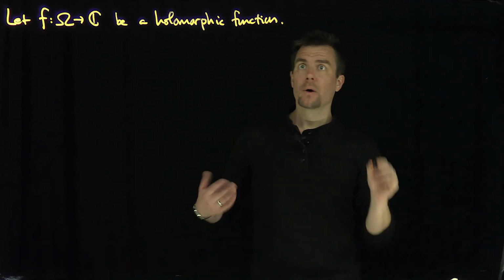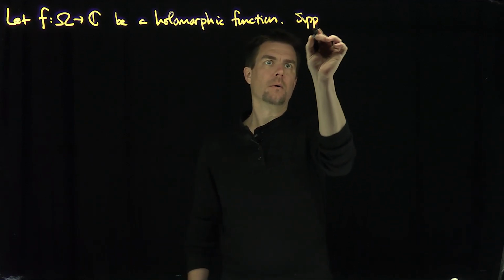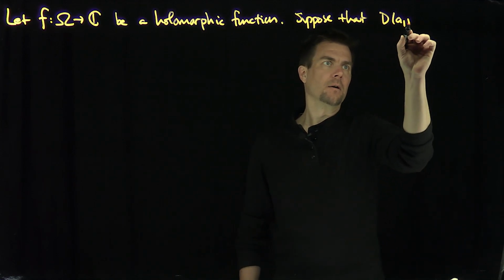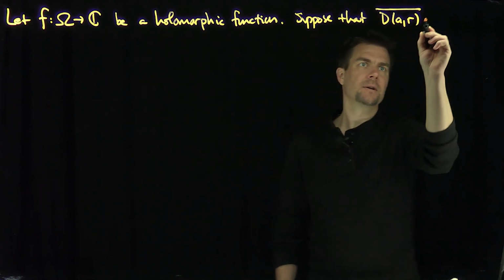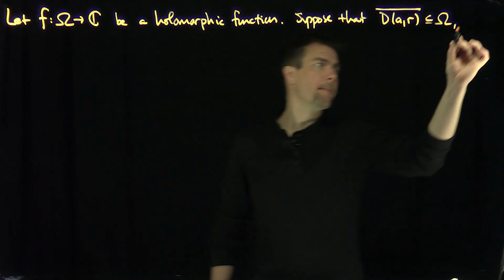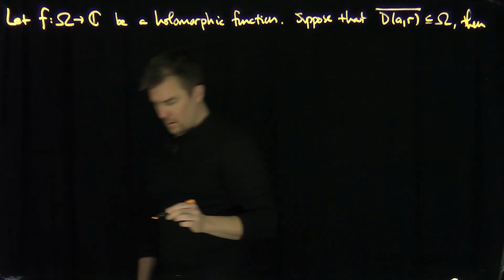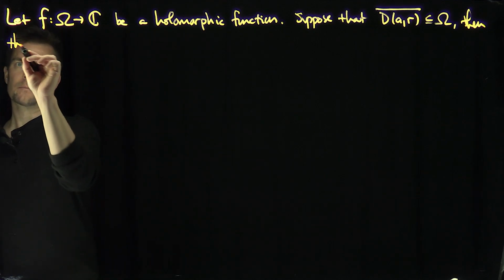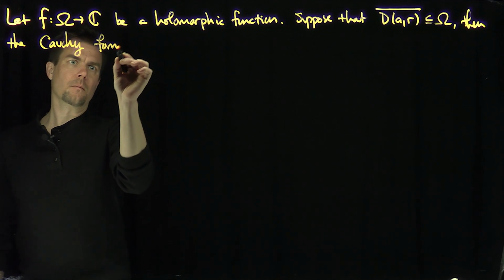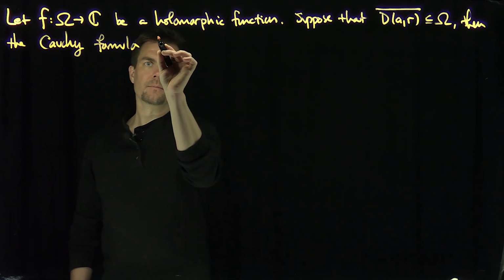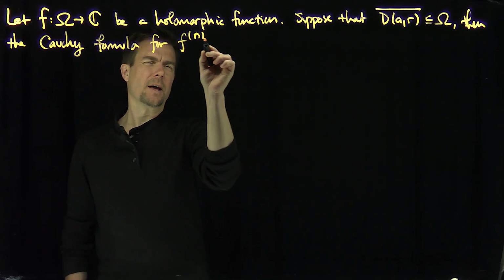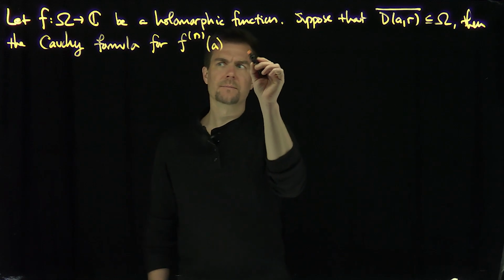Okay, and suppose that the closure of the disk D(a, r), a closed disk, is inside omega. Then what do we know? Then the Cauchy formula for the nth derivative, f^(n) at a, gives